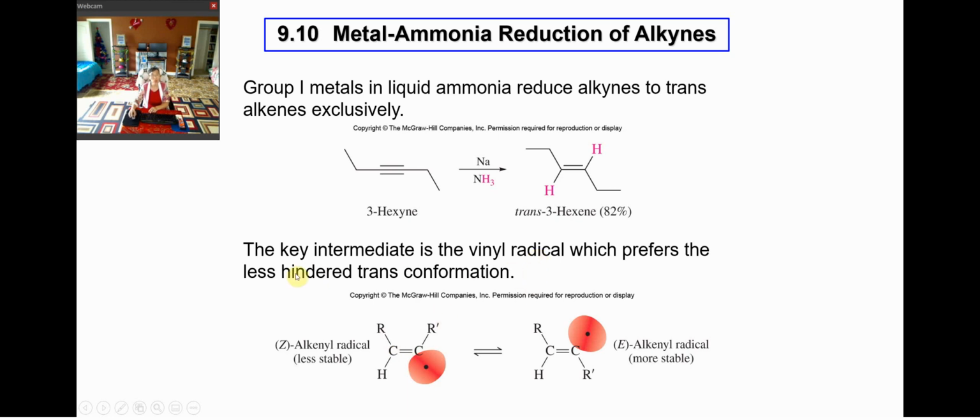The vinyl radical prefers the trans conformation. The reason is you want to decrease the steric hindrance. The trans conformation is preferred, even though you can form the cis conformation. Due to the steric hindrance, you want to form a trans. This conversion from Z configuration to E configuration happens very rapidly because the trans or E configuration is more